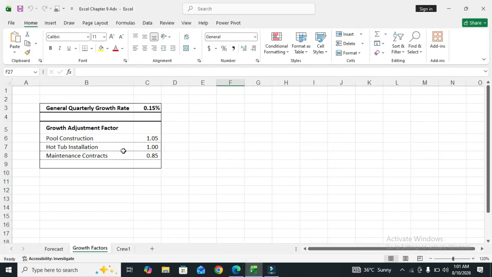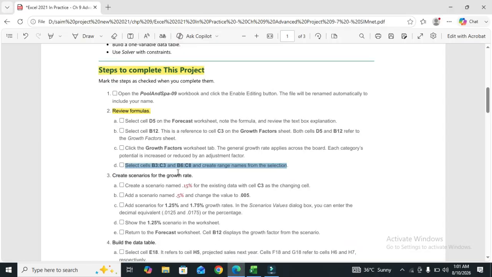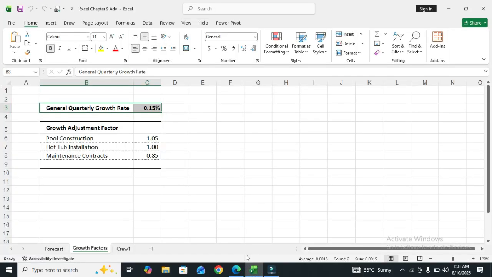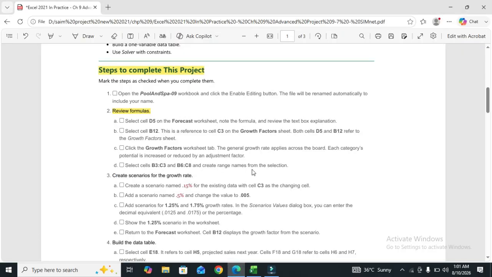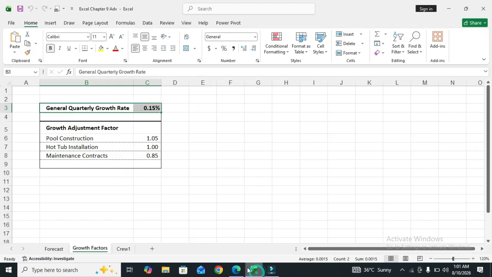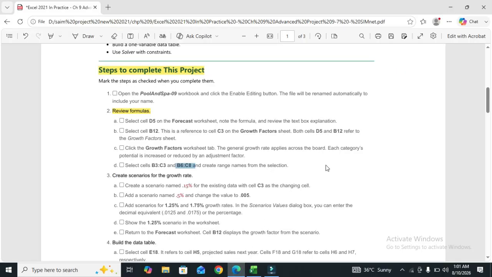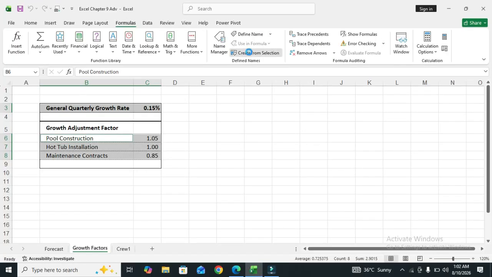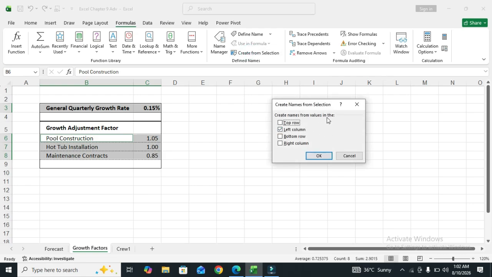So we go to the file and select B3 to C3, and also select B6 to C8, first pressing Control on the laptop. Then create range names from the selection, go to the Formulas tab and choose Create from Selection. Create names from values in the left column.